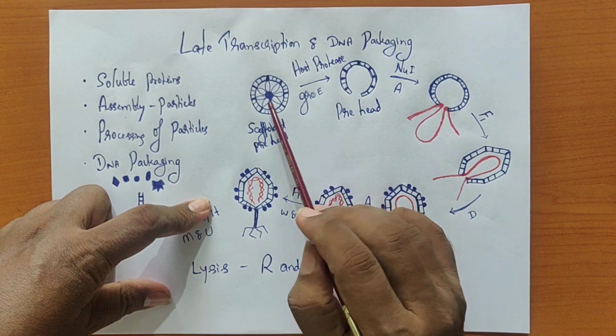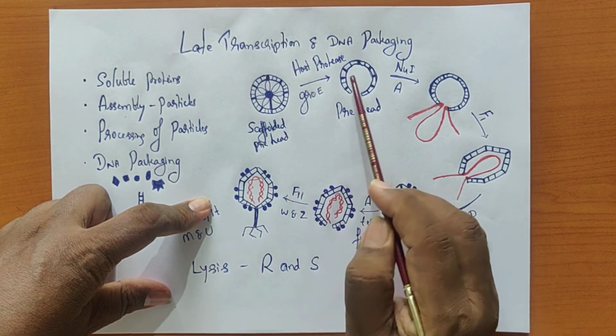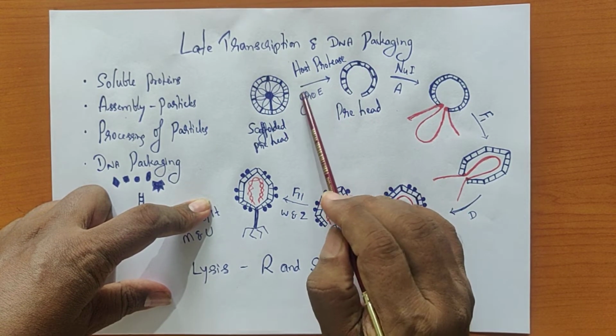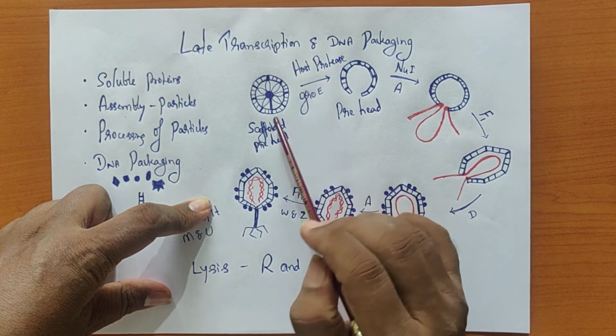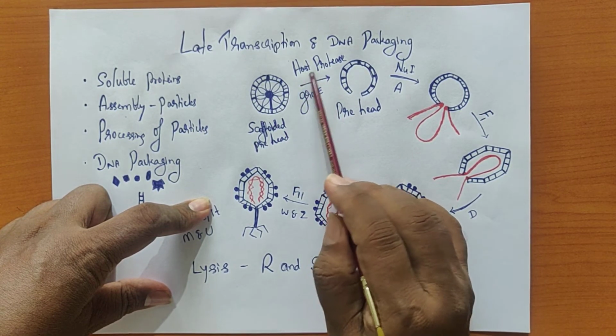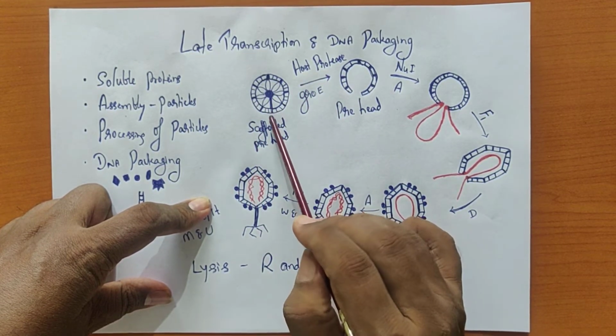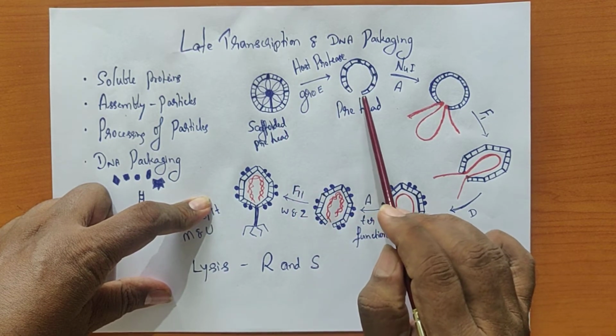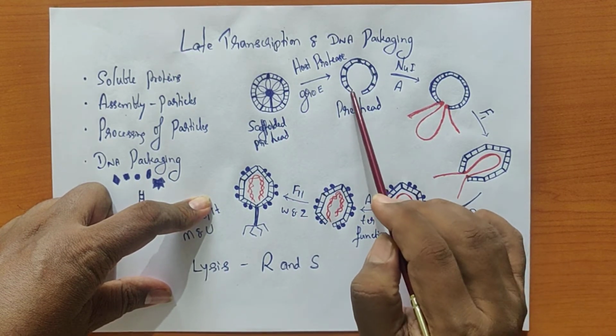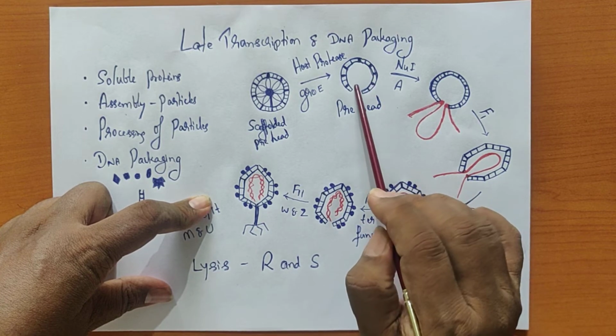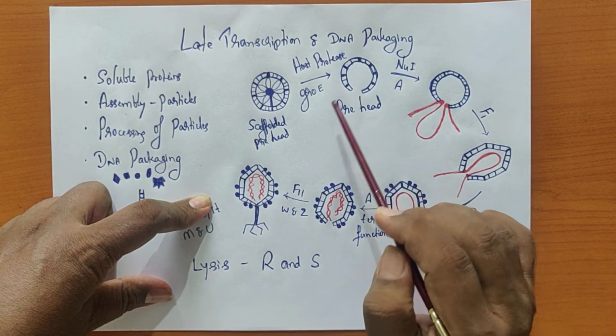So that is very important. From scaffolded pre-head to the pre-head, we need a proteolytic action. Now that is from the GROE gene product, what is known as a host protease. So scaffolded pre-head will be converted into a pre-head. Now in the pre-head, I think we do have a space in the head. So in this head, I think we are going to